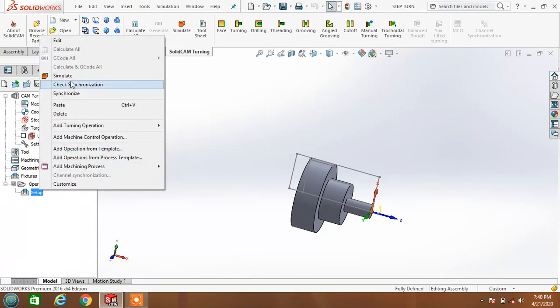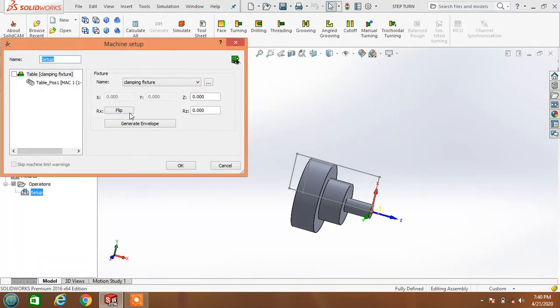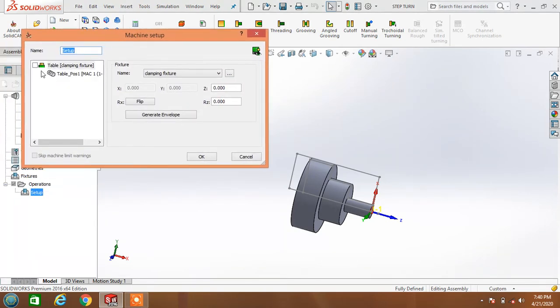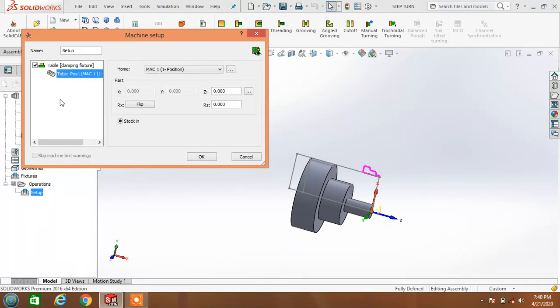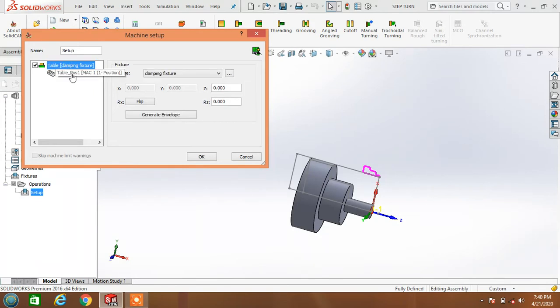From this setup you give edit. Here there is table clamping fixture, which tells which type of clamping fixture and where it is clamped. Click here, table position, clamping fixture, table position.